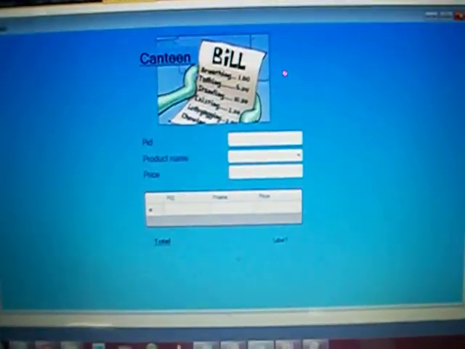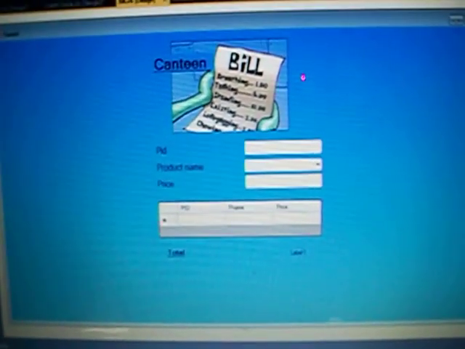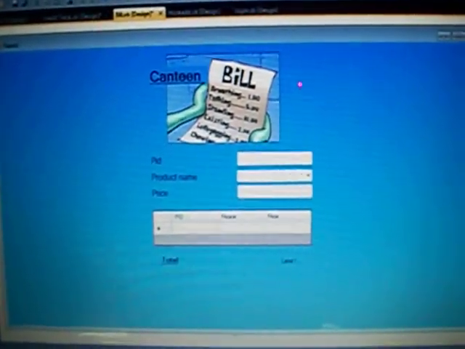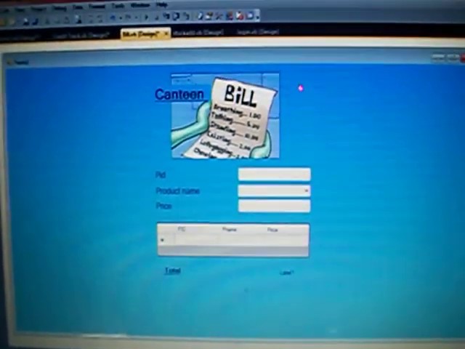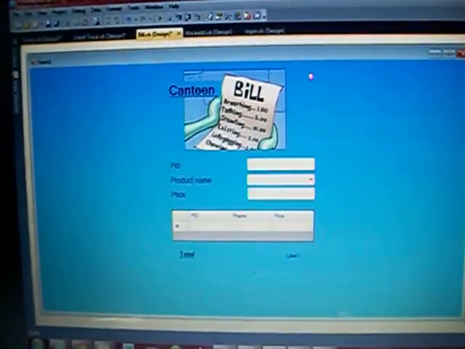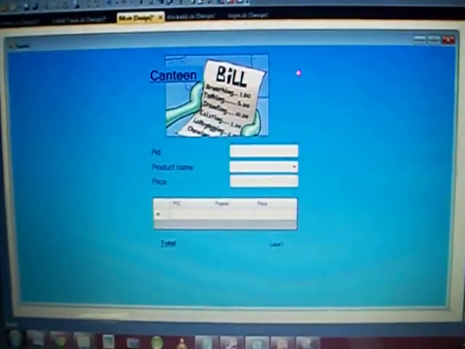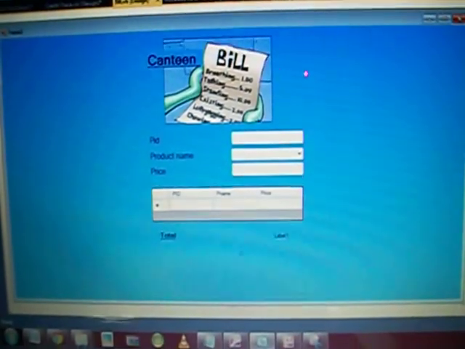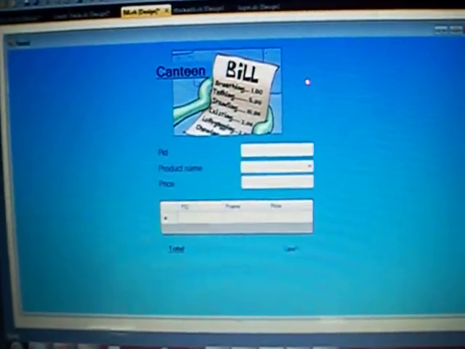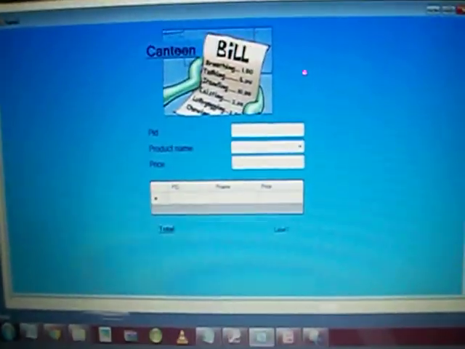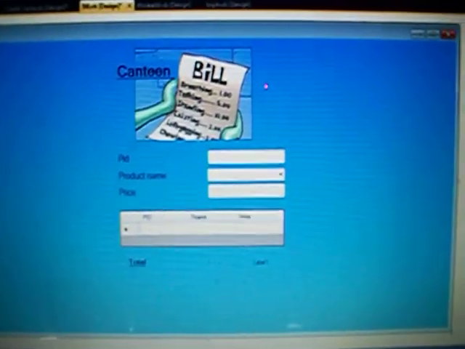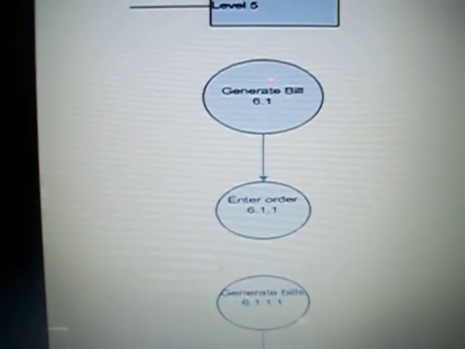He or she can order the bill by entering the amount of items he or she wants with the price, and the total bill will be calculated depending upon it. The students and staff can either pay the bill by cash, or if they don't have the money, the price will be saved in the website, and the next time they open the ID, they can pay it the next time.